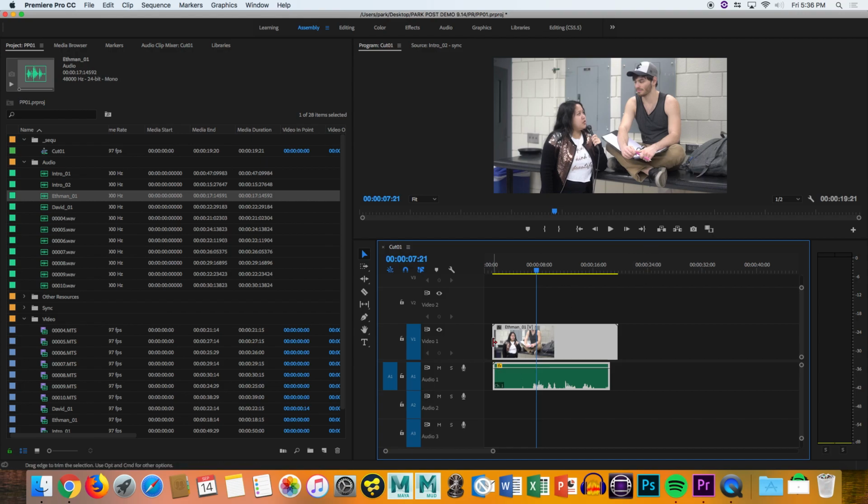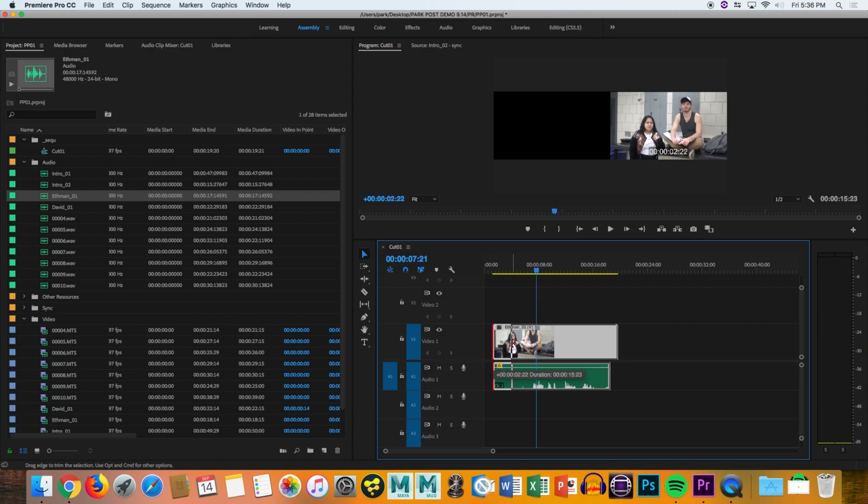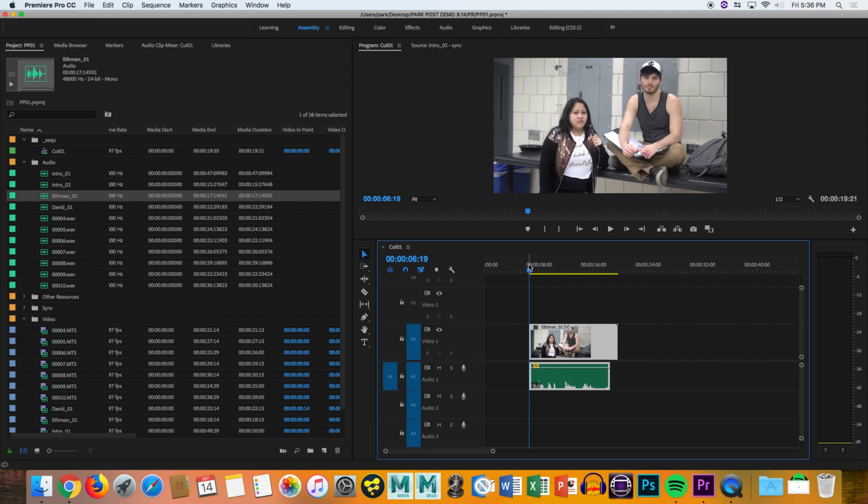cool. So what you can also do now is trim your footage. So if you take these sliders on the side, you can trim your footage so that you have